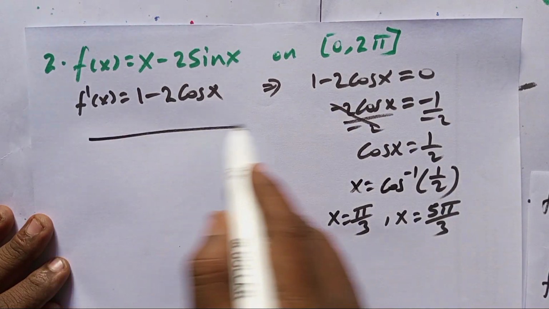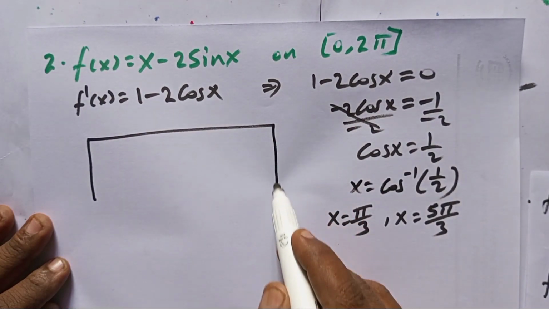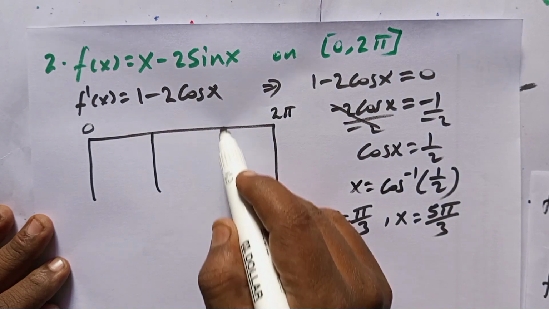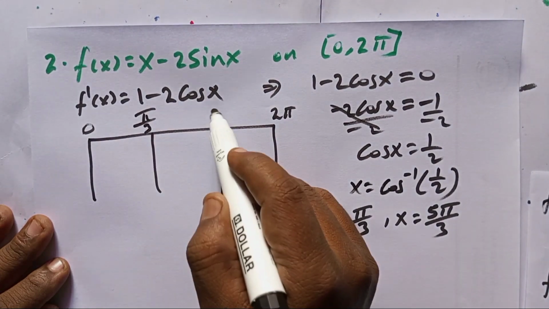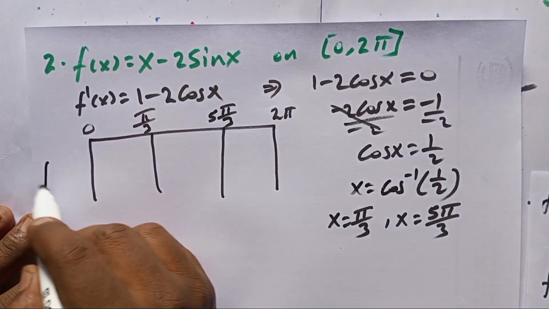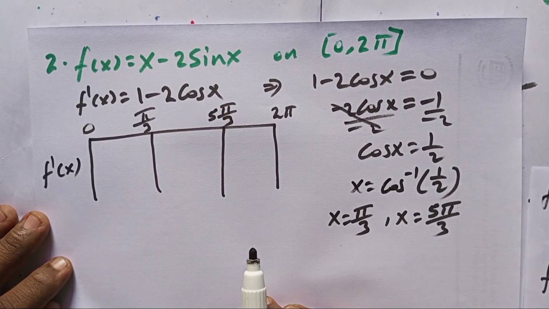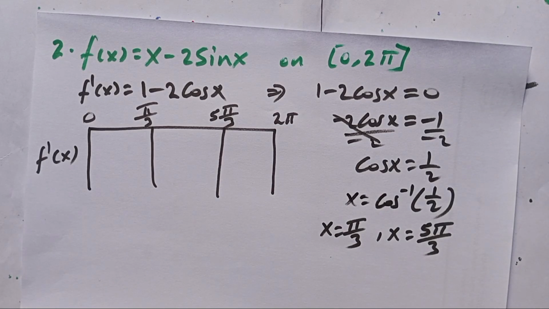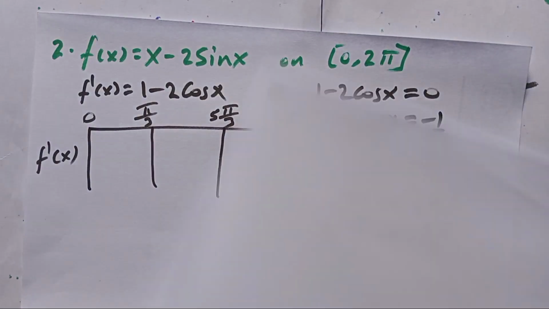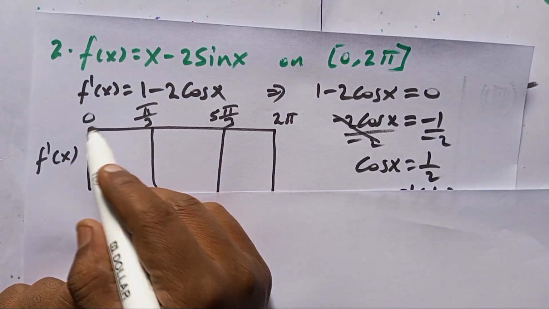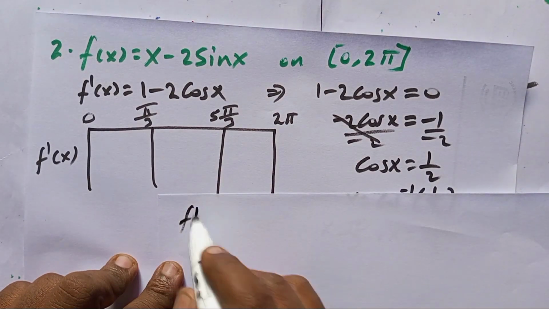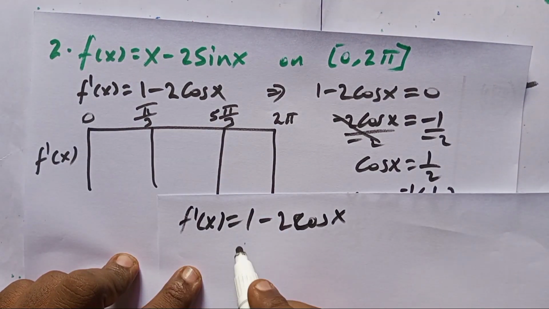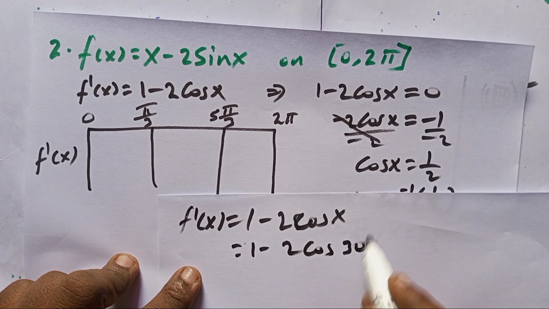Okay, let us see the sign chart. When making the sign chart, within this interval, the interval here is bounded from 0 up to 2 pi, then we have here pi over 3 and here 5 pi over 3. Then find the sign of the first derivative. Okay students, what do we do here? We do a test. How do we test? We substitute a number from the given interval. Let me show you how. For example, between 0 and 60 there is 30. We put it into f derivative of x, which is 1 minus 2 cos x. For example, since 30 is between 0 and 60, we go with 1 minus 2 cos 30 degrees.